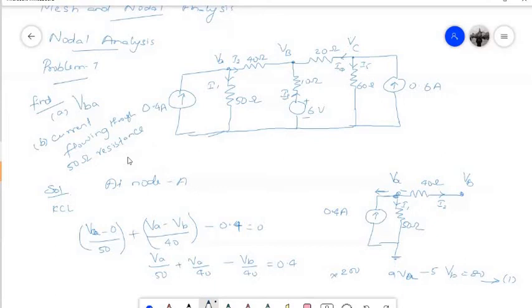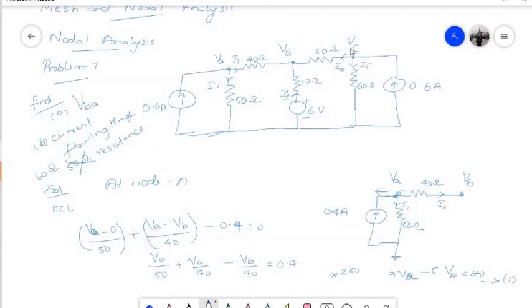I think you can correct this question. Instead of 50 ohm, you can write 60 ohm. Of course, you can find the current that is flowing through 60 ohm, 50 ohm resistance also. If you want to find I1, we need to divide this VA by 50. And if you want to find this I5, that is the current flowing through 60 ohm resistance, then you will need to divide this VC by 60.